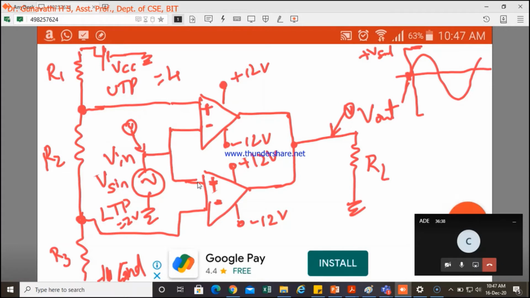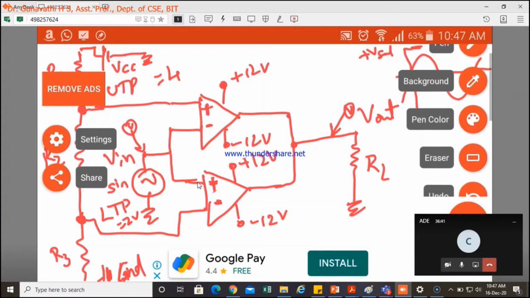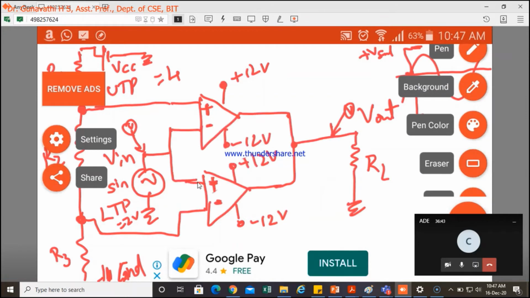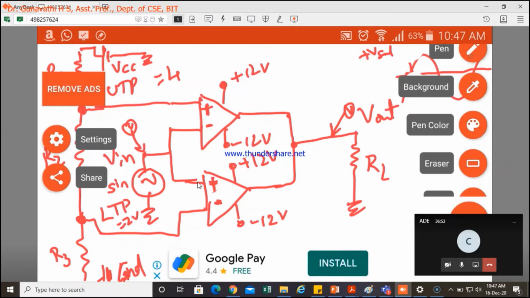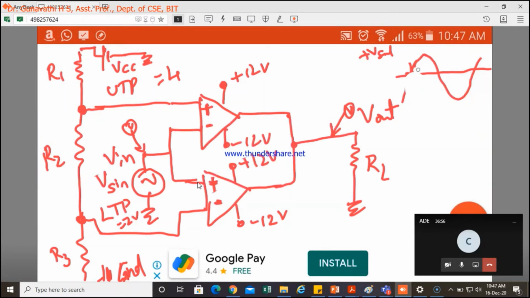So you can't write the waveform something like this. So you have plus Vsat and you have minus Vsat. Individually in this we get plus Vsat and here we get minus Vsat. So obviously these two get directly provided across this. So it gets cancelled here. So you can't get this at all. So then when will it work?